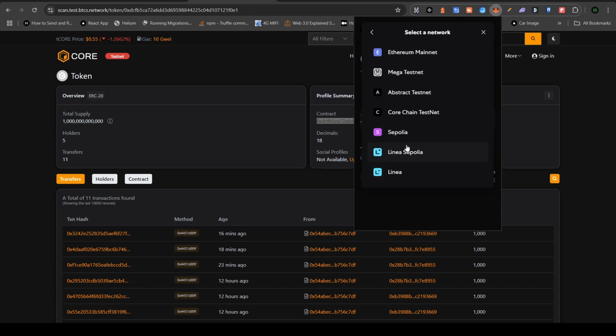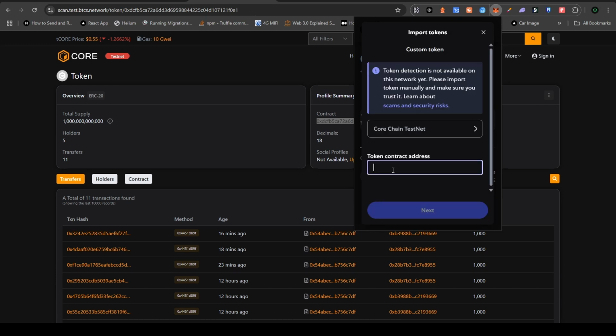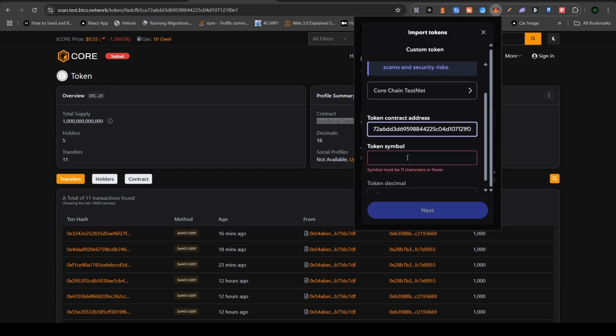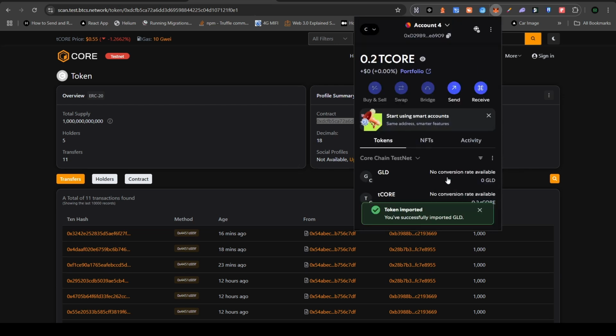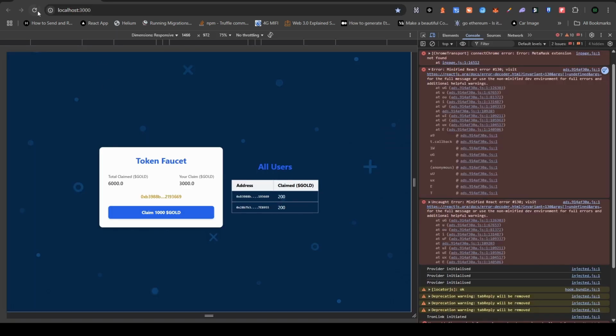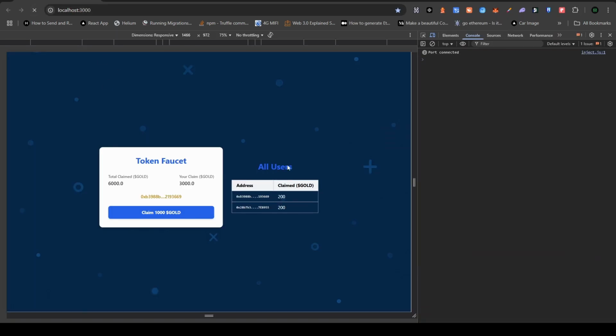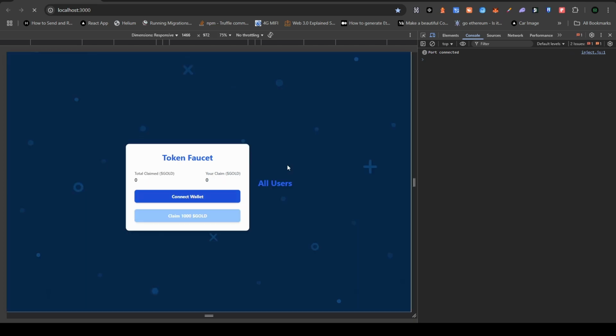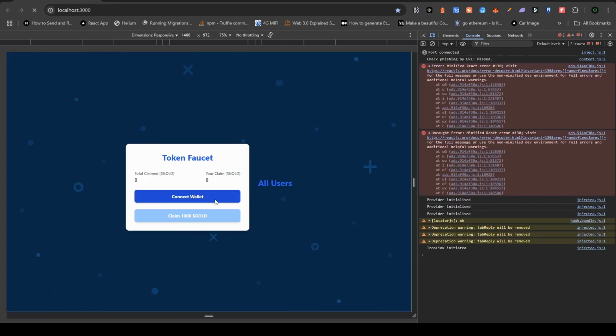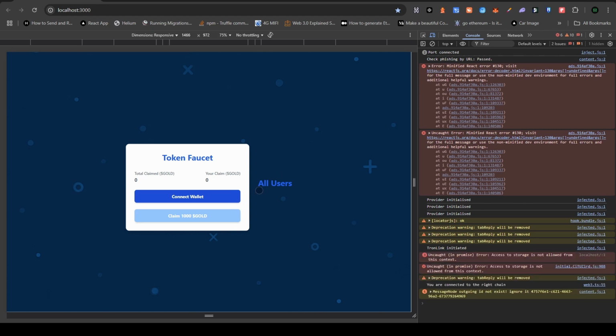Select network chain testnets. So I'm just going to give it GLD, calling next, and you can see we're having 0 GLD there. So if we refresh,